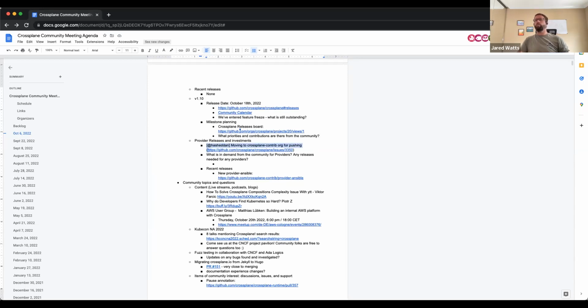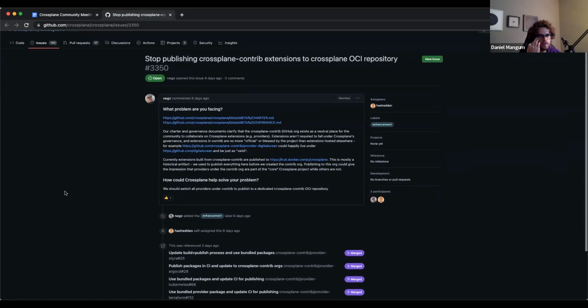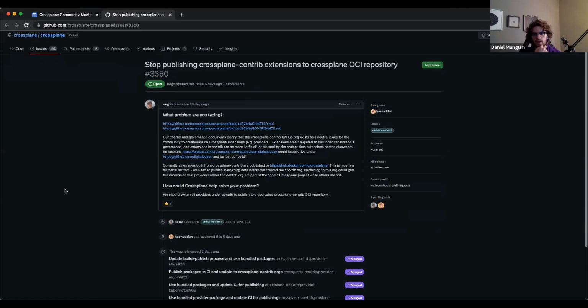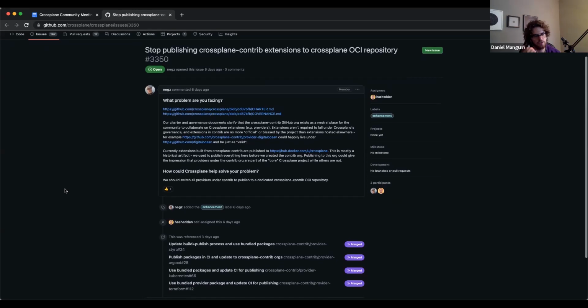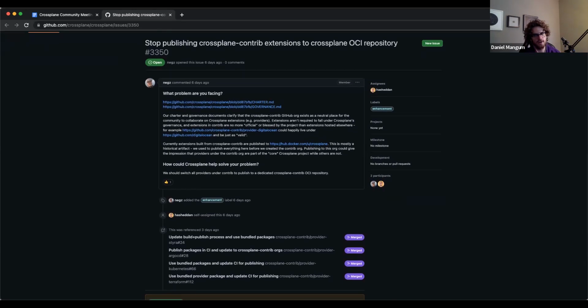Dan, you want to go ahead and bring up moving to a Crossplane contrib org? Yeah, so this is the issue describing it. Providers are not in scope for the Crossplane charter in terms of making sure that every provider is part of the CNCF Crossplane project. We do have Crossplane contrib, which is a nice place for folks to get community support if they want to develop a provider, and that's where a lot of providers live today. There's also a fair amount of providers that live in other GitHub orgs,